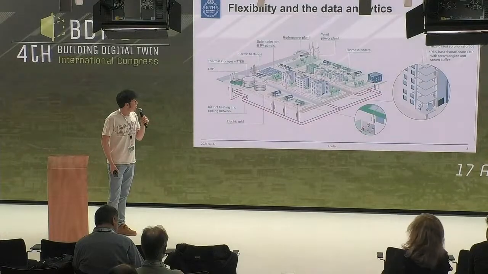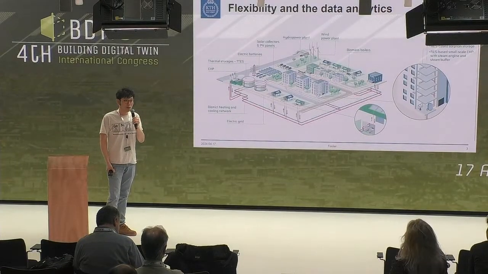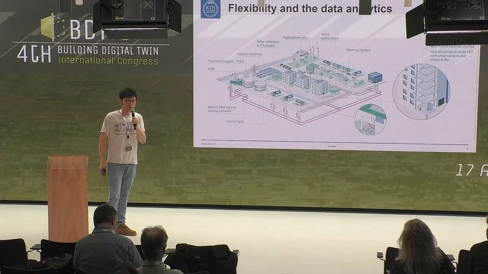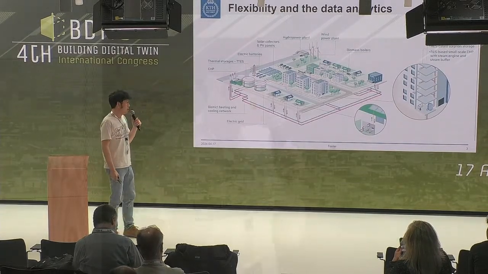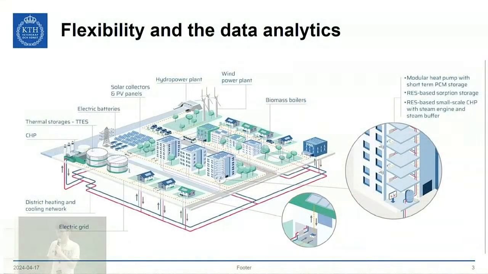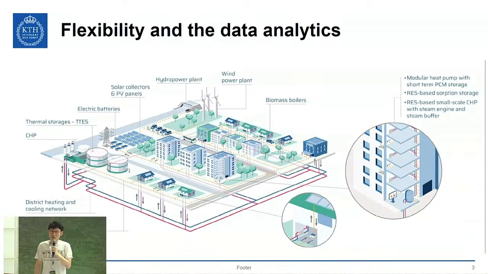heating. So in this project, we are very much motivated by integrating different renewables into districts. And we have several hardware developments, for example, for the modular heat pumps, modular CHP unit, and also absorption technologies, to how we can really integrate this for flexibility services. Because, for example, in certain countries, in Sweden and also in the Netherlands, we have faced several congestion problems for the grid, so we are not having enough capacities, and we need to somehow use renewables, and that is able to be integrated with the existing thermal networks or grid.